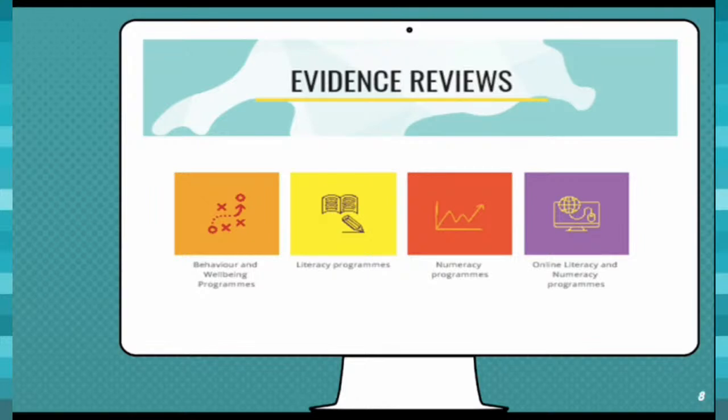One of the main considerations when looking for interventions or programmes is whether they have an evidence base, either in the research literature or provided by the programme developers. The nature and quality of evidence varies significantly, from small pilot studies to randomised controlled trials. Some programmes lack any evidence of their impact. These 4 reviews provide a summary of the current evidence for a range of commonly used programmes and interventions.